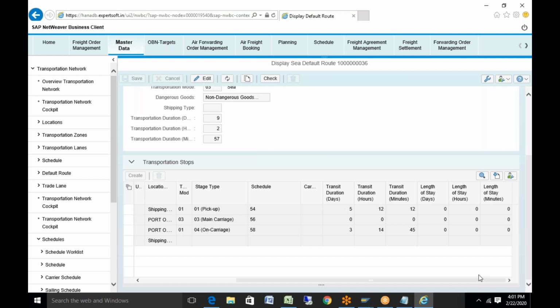Yeah, so Viren, for every source and destination combination, we can create a default route. It may not be mandatory, but if this is my shipping point and this is my customer location, and I know the predefined route through which transportation will be done, then you can specify it.